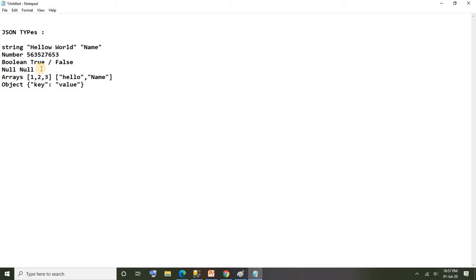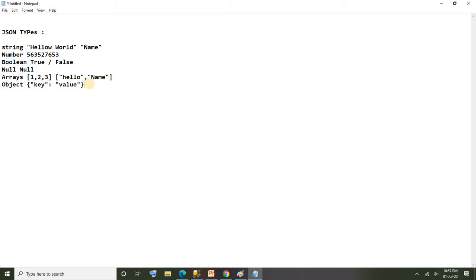That means it stores a null value as well. It won't throw any error if you enter a null value. It supports arrays as well. Arrays will be represented with square brackets. You can create arrays for numbers, and also arrays for strings. And it also supports objects. Objects will be represented with curly brackets.